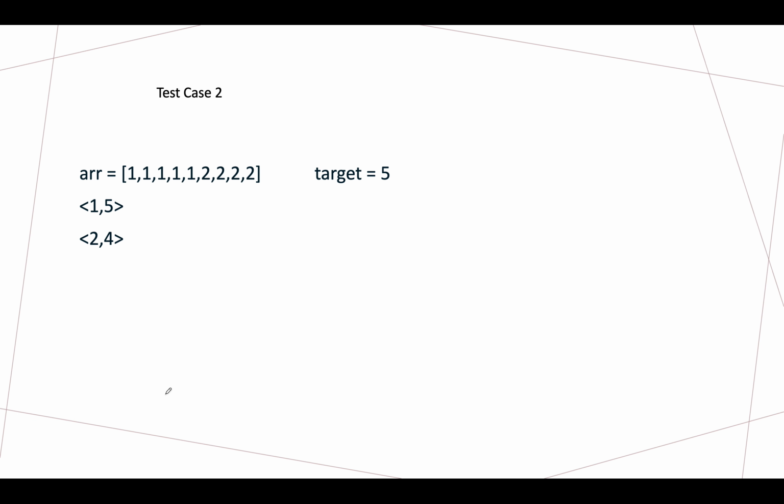So let's talk about test case 2. Here I will show you another case, and here I have taken another input. We have 1 five and 4 twos, and the target that we are looking for is 5. So what is the possible way in which you can generate 5? It's selecting 1 followed by 2 and another 2. Now the question comes, what are the possible ways in which this can be done? How many 1s are there? The frequency of 1 is 5 and the frequency of 2 is 4.